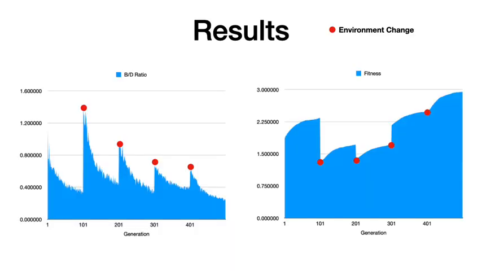Remember, I'm running 100 generations per environment. So you can see on the 101st generation, we have a sudden spike in the beneficial deleterious ratio, not in fitness. Fitness goes down. Why is there a sudden spike in the beneficial deleterious ratio? Because the organisms were becoming dominated by the most beneficial configuration, and so all of the mutations were away from that configuration once it dominated the population. But once the environment switched, that was no longer the case, and the beneficial deleterious ratio bumped way up